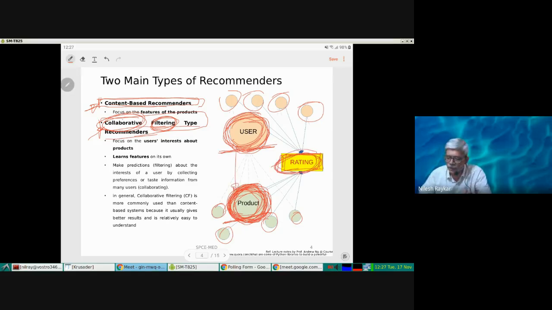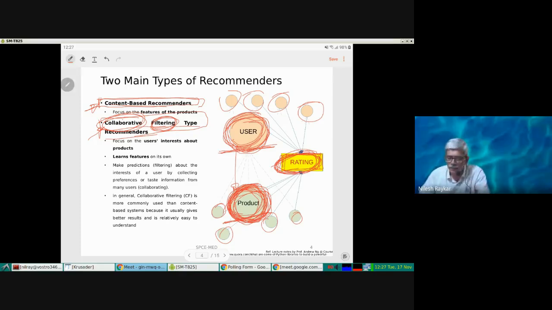So if some new book is in the market, you would like to know whether a particular user will like it or not like it. Whether to recommend that book to him or her will be based on the predicted rating that user would give to that particular book. So that is the aim of the recommendation system.